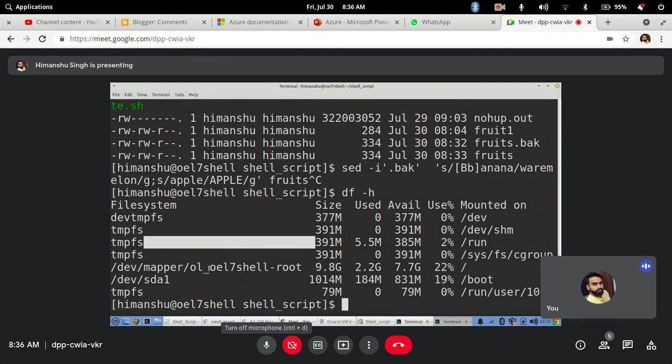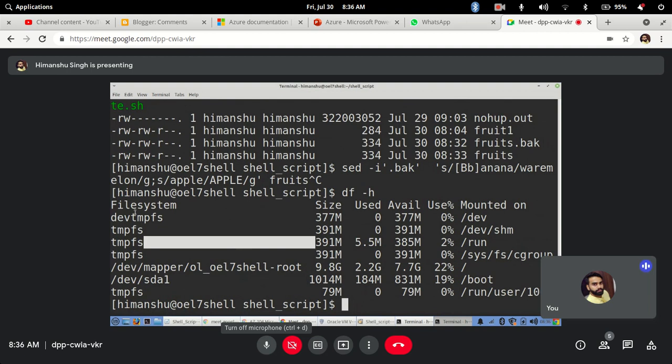Okay, so what happens? The AWK utility, or we say awk, is used mostly for pattern searching, scanning and processing. It will be used for various types of pattern searching, scanning and matching, and then based on the matching you can go ahead and do any type of specific processing as well.